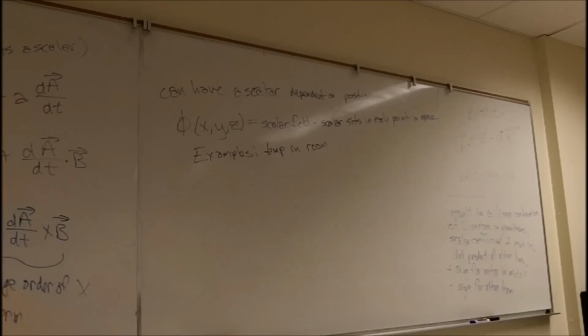Right? Maybe it's a different temperature in different parts of this room than others. And so imagine at each point in the room, each position x, y, z, there's a number sitting at that location telling you what the temperature of the air at that location is. Okay, so it might be higher in some places, lower than other places, or it could be uniform, could be the same everywhere in the room. Okay,